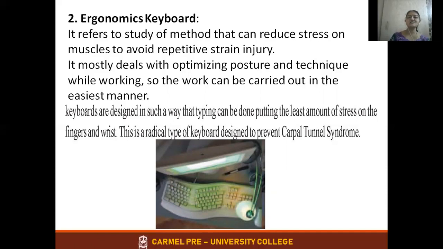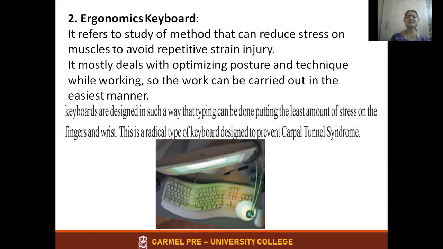It mostly deals with optimizing posture and technique while working, so the work can be carried out in an easier manner. Here you can see in the picture, the keyboards are designed in such a way that typing can be done putting the least amount of stress on the fingers and wrist.